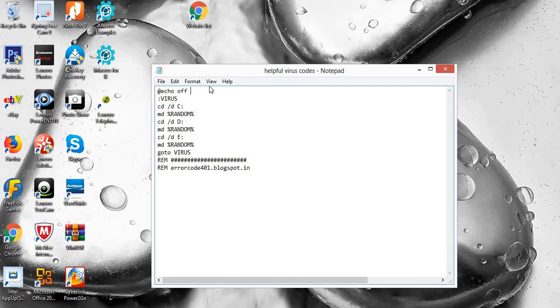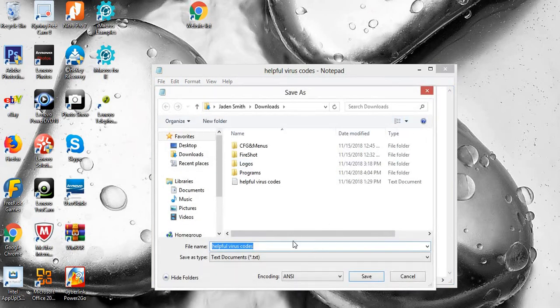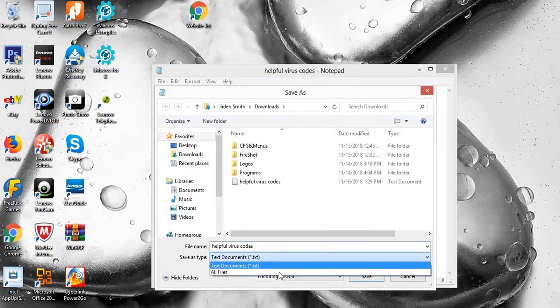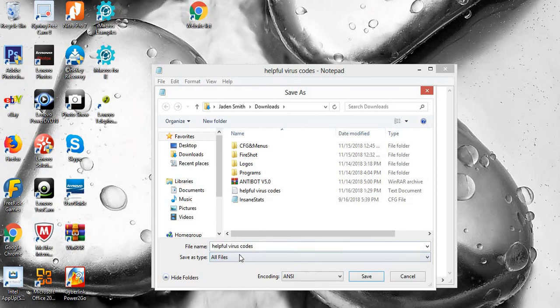And all you really have to do to make this an actual virus is you press save as first, and then save as type as all files, and this name you go to and then dot, you can name it whatever you want, but I just named mine CD virus dot BAT,